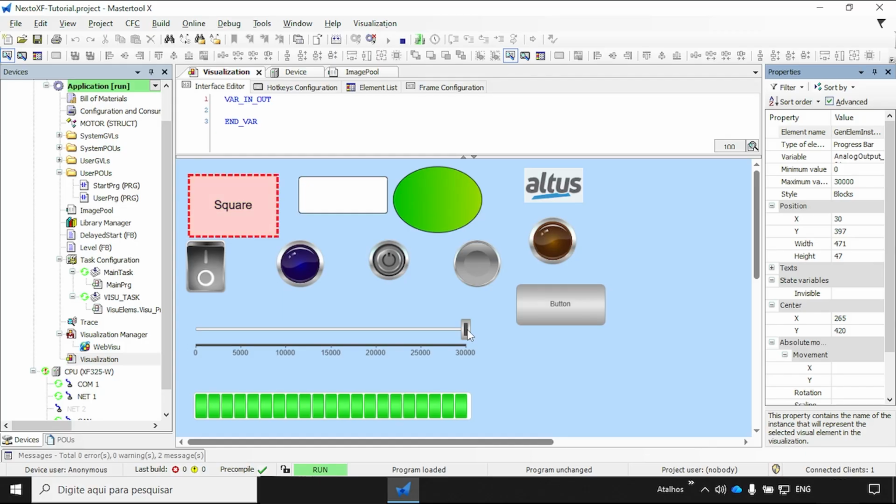This is a simple and effective way to create analog control interfaces in web visualization. The slider allows the operator to write analog values to the controller, while the progress bar provides a clear visual indication of the current output level. By combining these objects, you can easily create operator screens for controlling analog outputs such as video references, valve positions, set points, and other process variables.